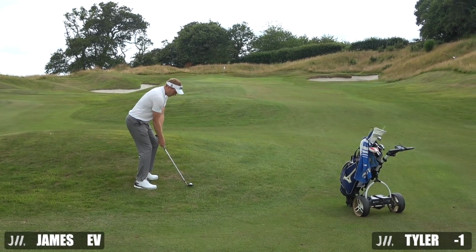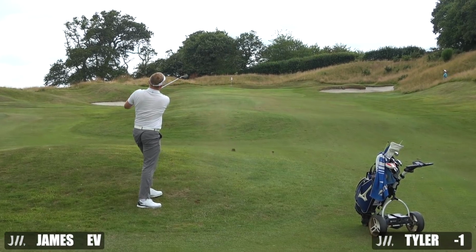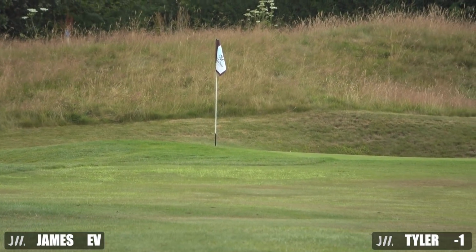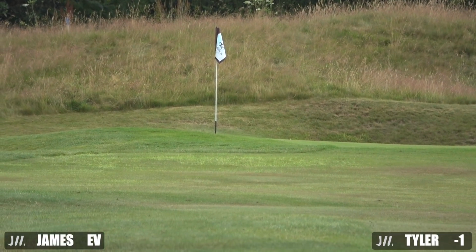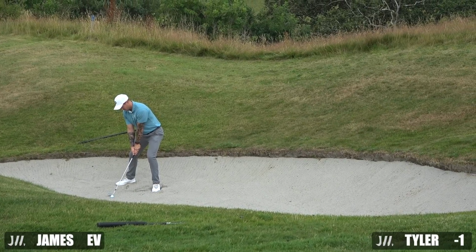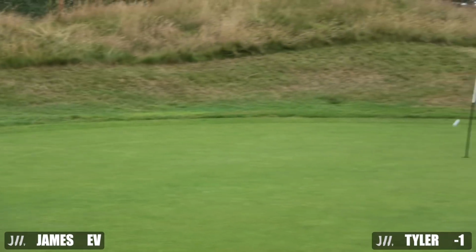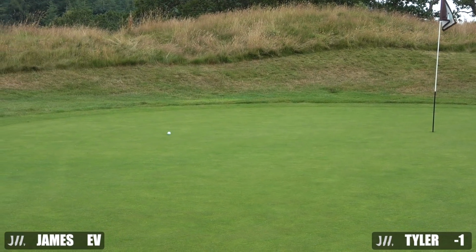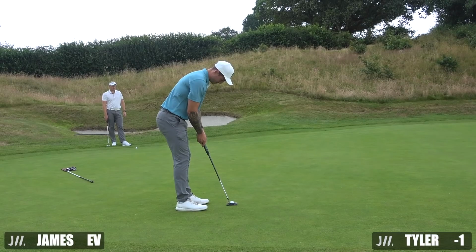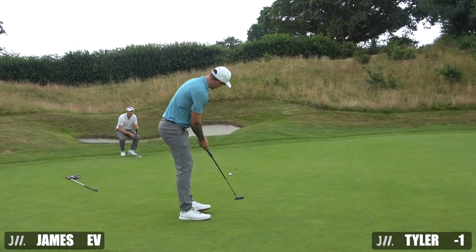Tyler's got an awkward wedge shot here, quite a bit off the upslope, which you're going to see from the actual swing. But again, another very, very good wedge shot, and another very makeable putt for birdie. So this is that dreaded length, that 30-yard bunker shot, just trying to square up the face a bit more from here. Hit a good shot, hit right at the bottom of the flag. That would have been a fair bit closer, but as it was,